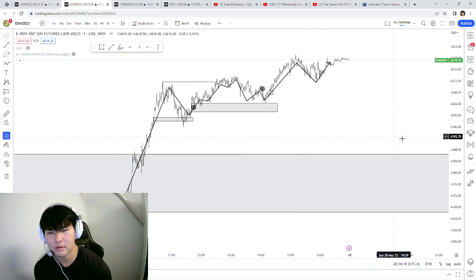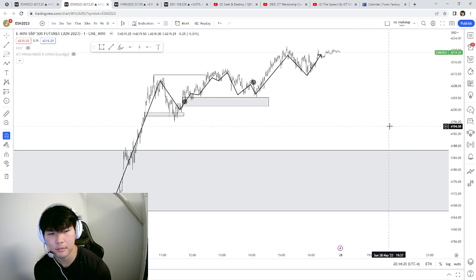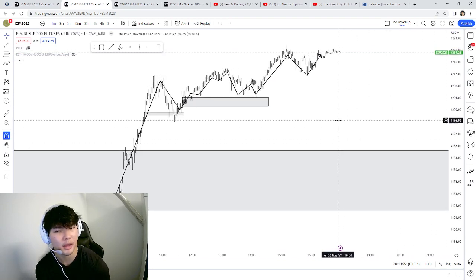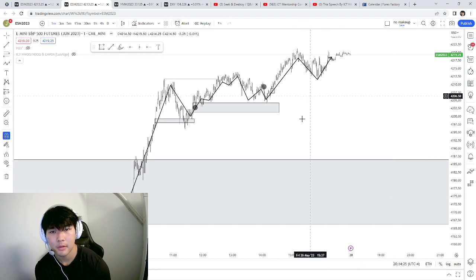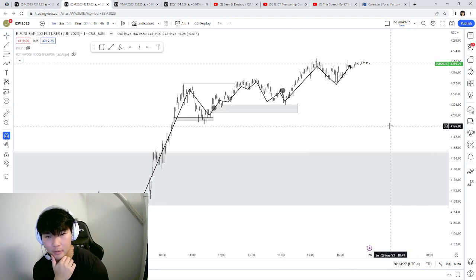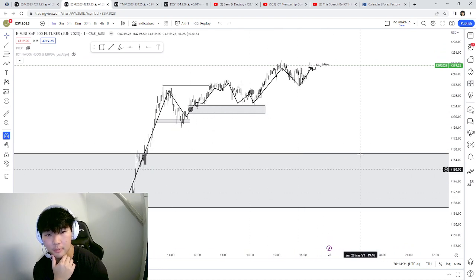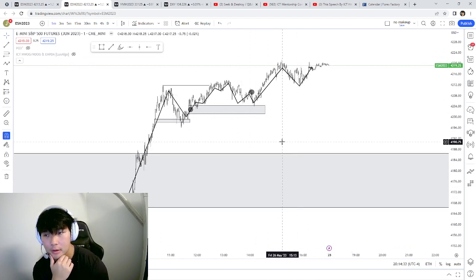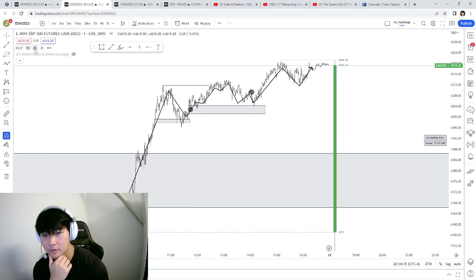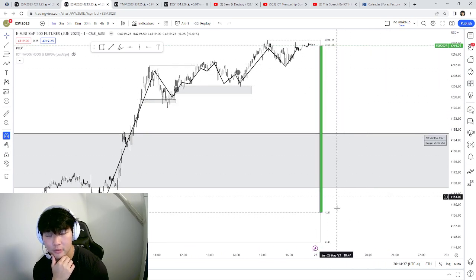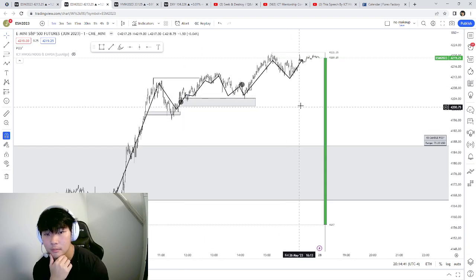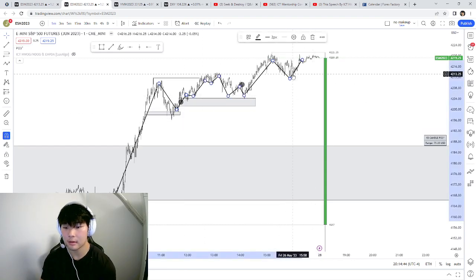So I'm pretty sure that's something like an up close day, something by ICT, just talking about the nature of how AM and PM sessions work and the different types of outcomes on the daily. So yeah, just an overall very bullish day. So that's the whole candle there. Now I guess we can just go back and